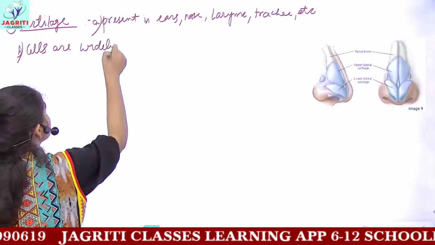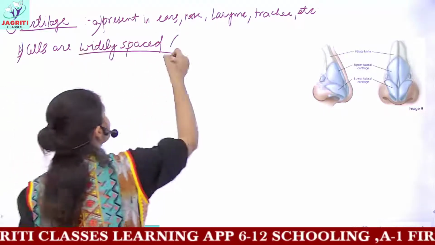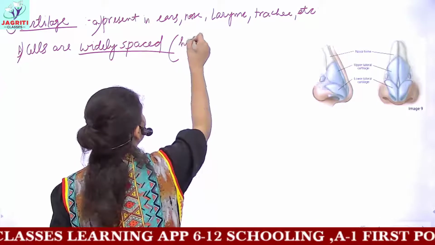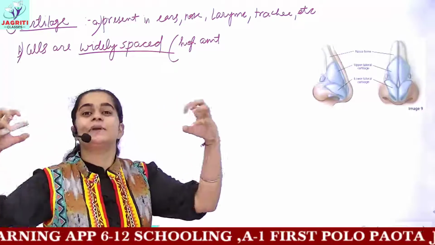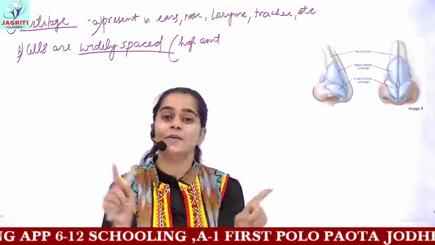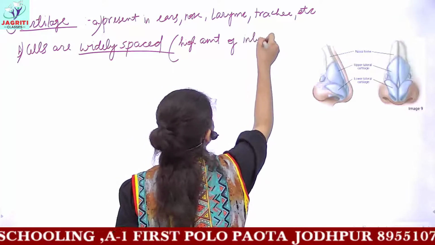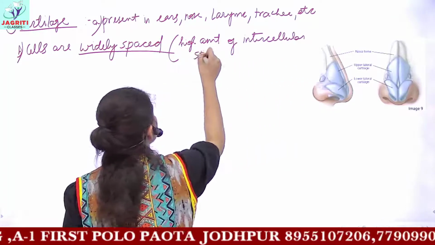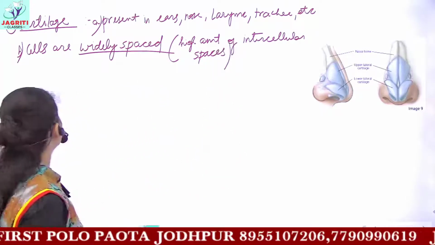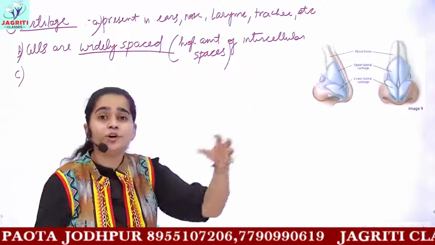Cells are widely spaced. What do you mean by the term widely spaced? That is, they have a high amount of intercellular spaces. The cells are well separated from each other. They have a high amount of intercellular spaces. Then the next point, the third point would be, because they have a high amount of intercellular spaces,